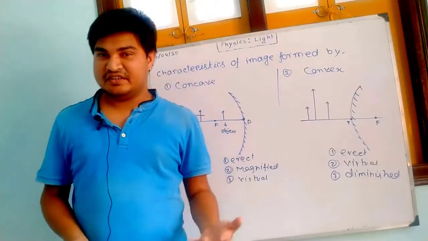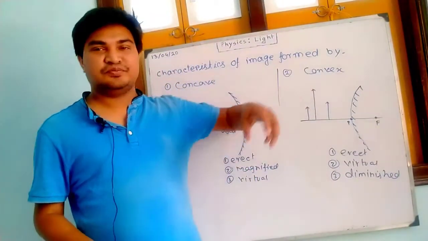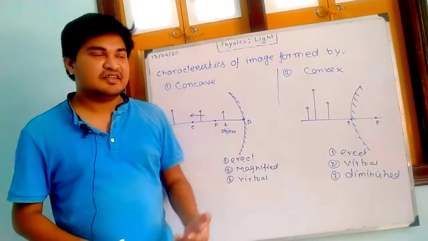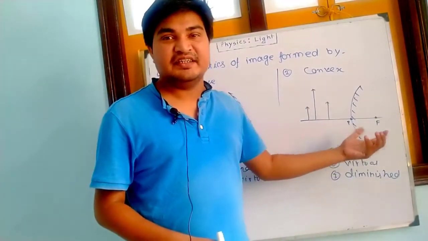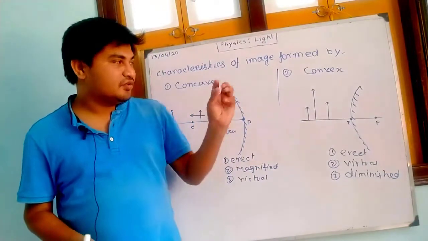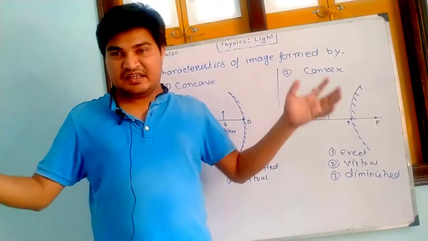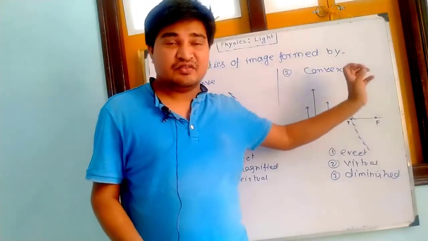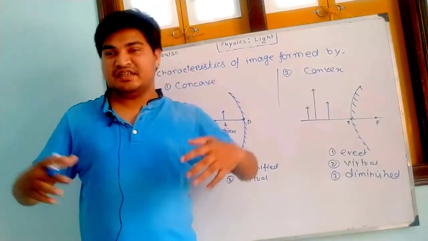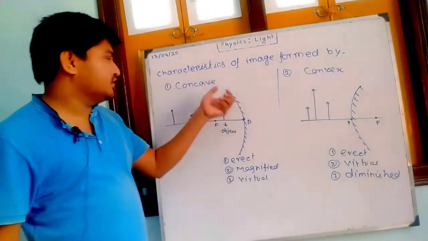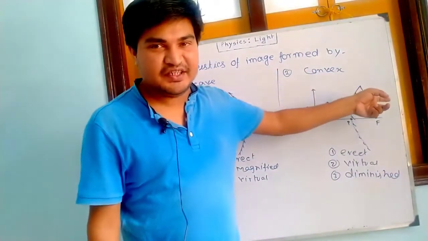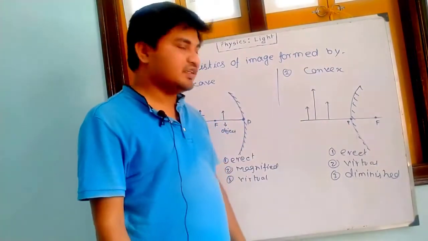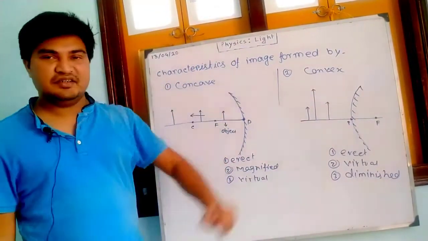There are also other uses, in street lamps it is used to spread the light over a large area, and in shopping malls it is used to look out for thieves, that from a very small position we can look at a very large area, as it has a very long field of view. Okay, so from a convex mirror we can observe a very large portion, which is not possible in case of a concave mirror. That is the advantage. That's why, for this reason actually, we use a convex mirror as a rear view mirror. Clear? So these are the uses of convex mirror and concave mirror.